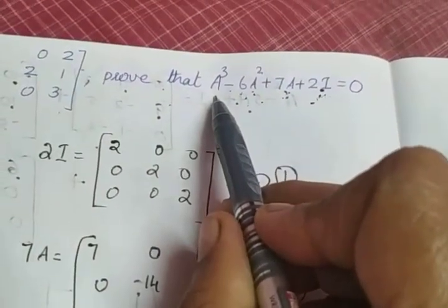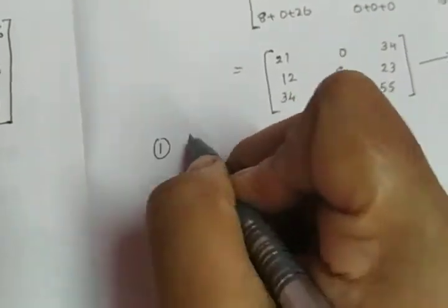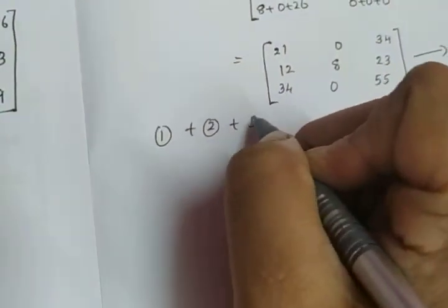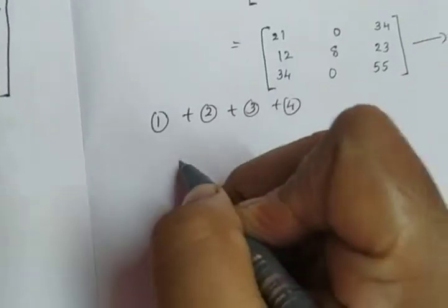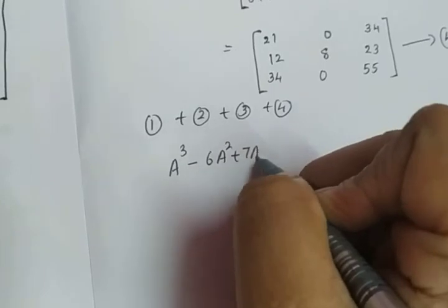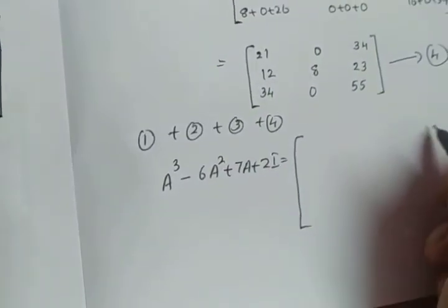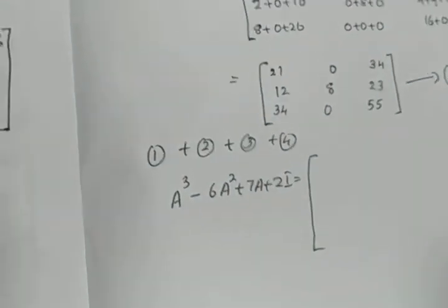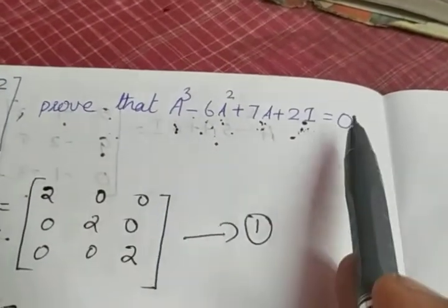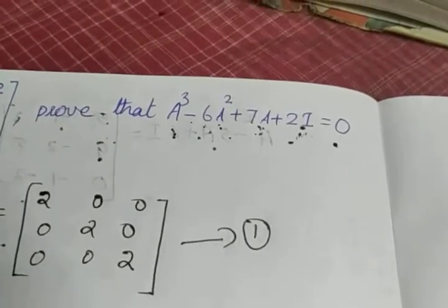So what we have to do next? We have to add all the terms, isn't it? So we are going to add 1 plus 2 plus 3 plus 4. Okay. So we need a cube minus 6a square plus 7a plus 2i. Don't write simply the value as 0, 0, 0 because in the question it is to prove that it is equal to 0 and we will be getting a 0 matrix and we know the answer is 0, but just don't